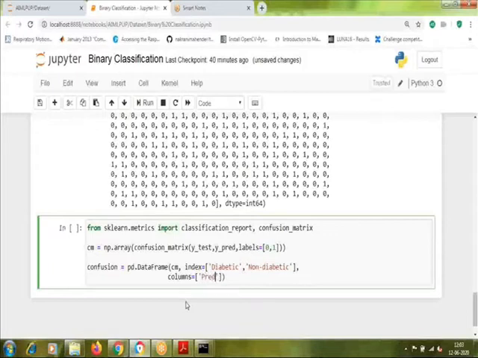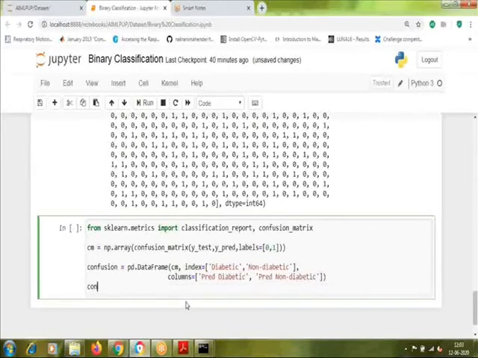So I am going to give it as predicted diabetic, and then predicted as non-diabetic. And I am going to display this confusion data frame.